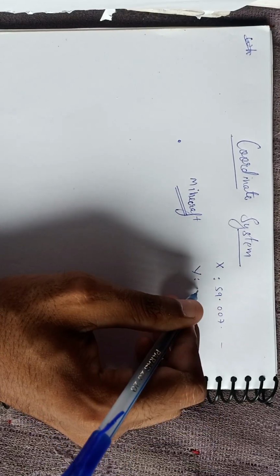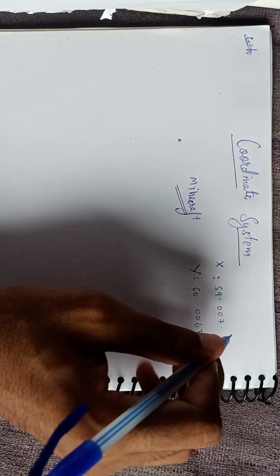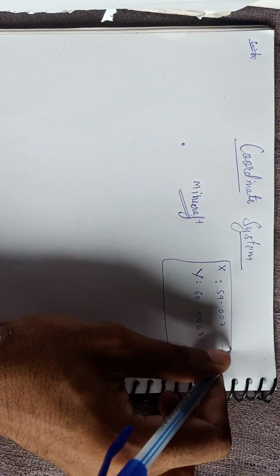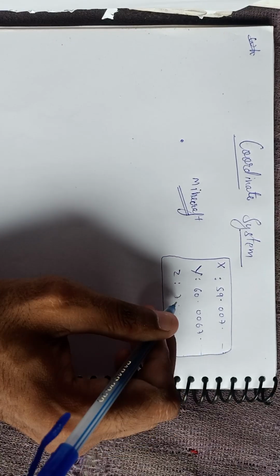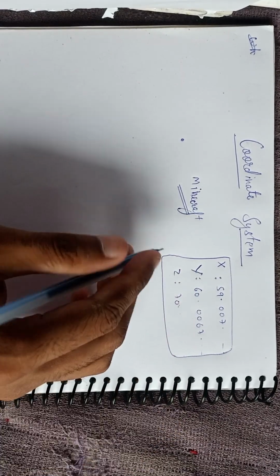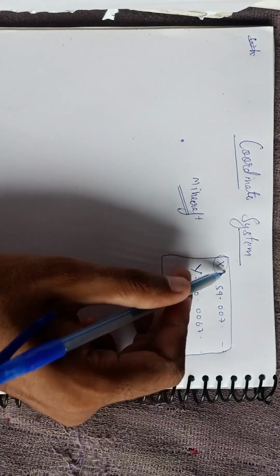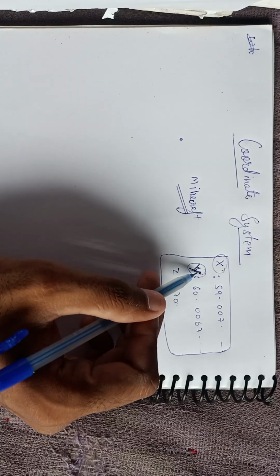59.007 समथिंग एंड 60.0067 समथिंग। ये दो कोऑर्डिनेट्स, और एक होता है जेड कोऑर्डिनेट। इसमें भी हमें कुछ नंबर्स दिखाने को देते हैं, ठीक है। मैं एक स्क्रीनशॉट लगाऊंगा, उसमें पता चल जाएगा कि किस चीज़ की बात हो रही है। नाउ ये जो चीज़ें हैं, इनको हम लोग सिंपली कोऑर्डिनेट्स बोलते हैं।